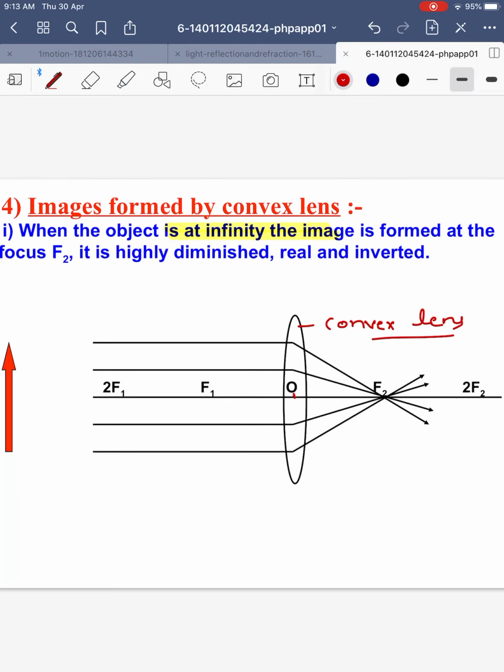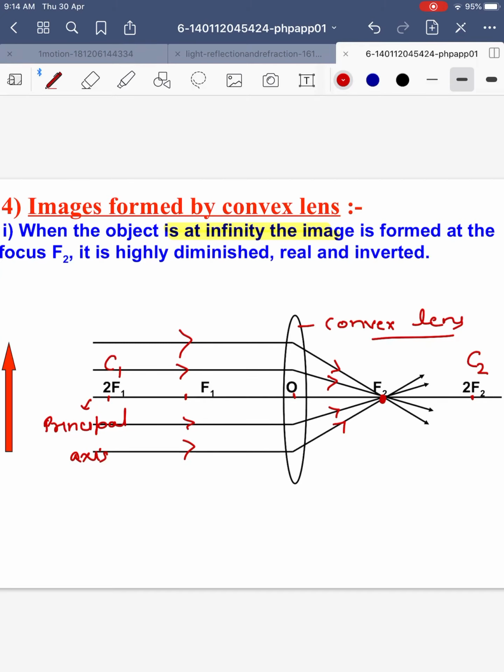Since the rays are coming parallel to principal axis, this straight line here is our principal axis. This denotes our first focus f1 and this is f2. This is 2f1 and 2f2. What is 2f1? Basically that is center of curvature for first mirror, and c2 is center of curvature for second mirror, because we know that lens is made by combination of mirrors. Since the rays are coming parallel to principal axis, as per the rule of refraction by lenses, that ray passes through focus, so all the rays collect at focus.